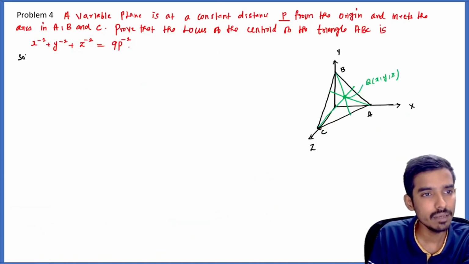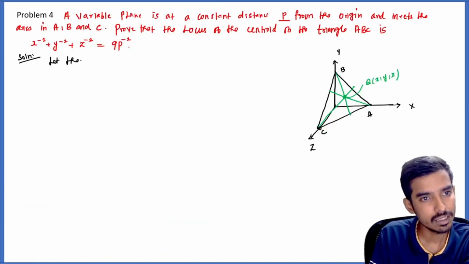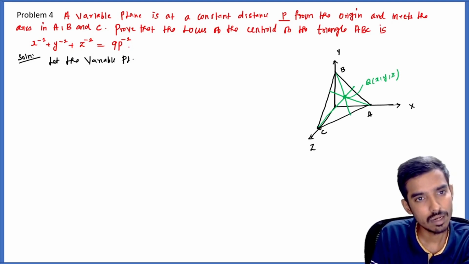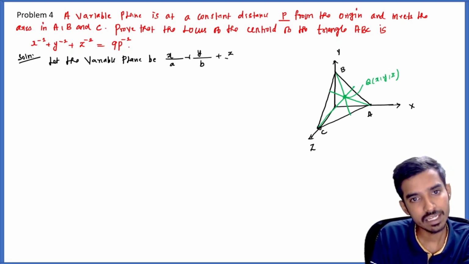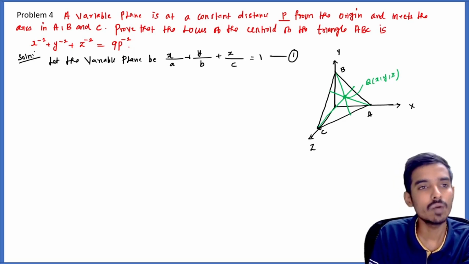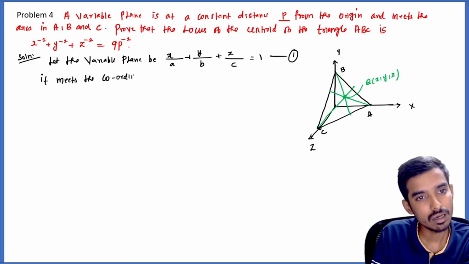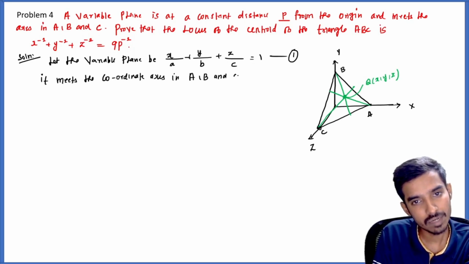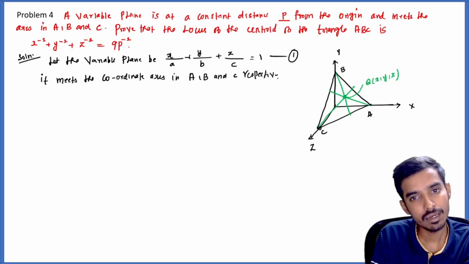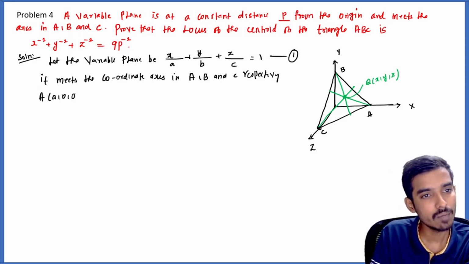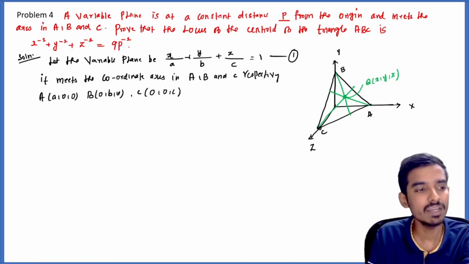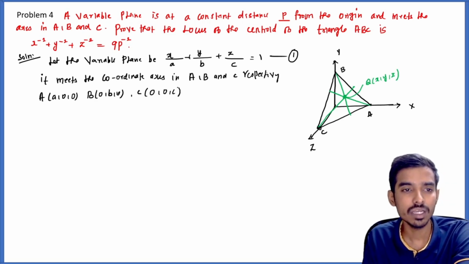So let us write the same thing, right? So let the variable plane be x by a plus y by b plus z by c is equal to 1, right? Call this equation number 1. It meets the coordinate axis in A, B, and C respectively, right? That means what is the coordinate of A? It is a comma 0 comma 0. B coordinate is 0 comma b comma 0. And C is 0 comma 0 comma c, because these are the intercepts which you can find by putting